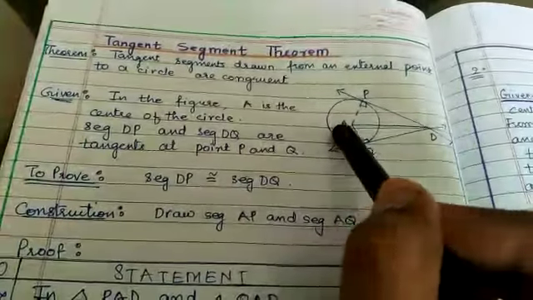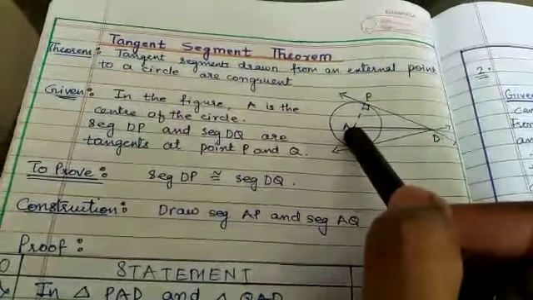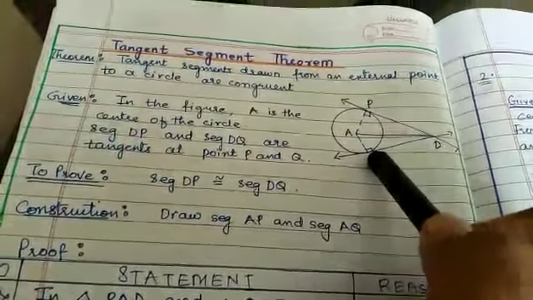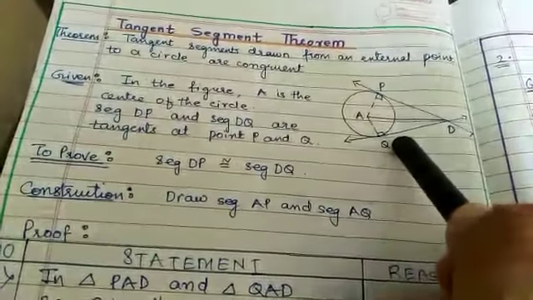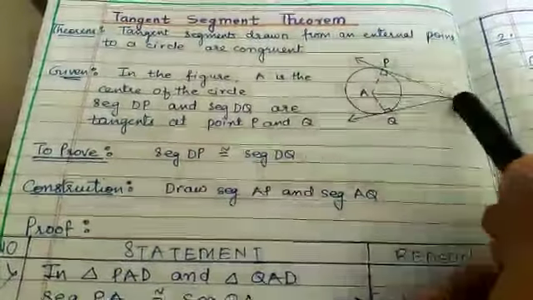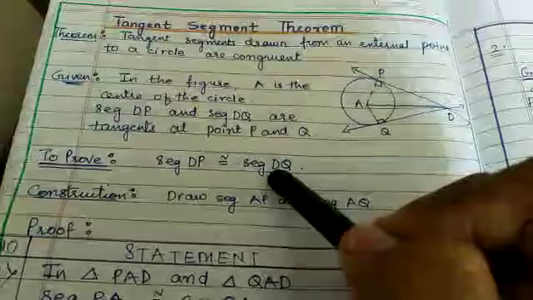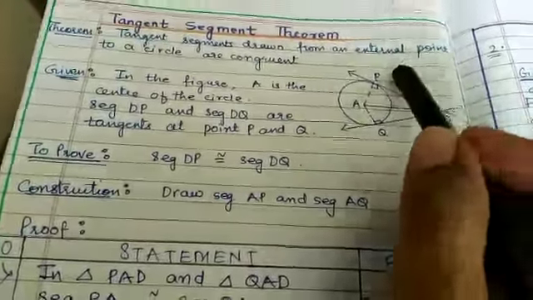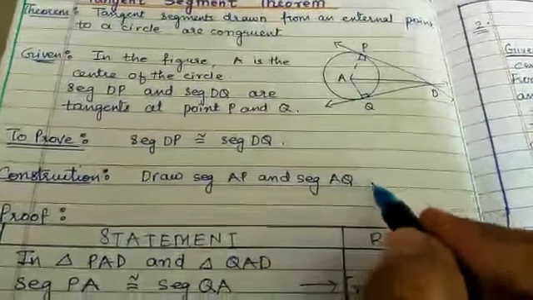Now in this figure, A is the center of the circle. Segment DP and segment DQ are tangents to the circle at the point P and point Q. We have to prove that segment DP and segment DQ are congruent. To prove this theorem, we require a construction. Draw segment AP, draw segment AQ and draw